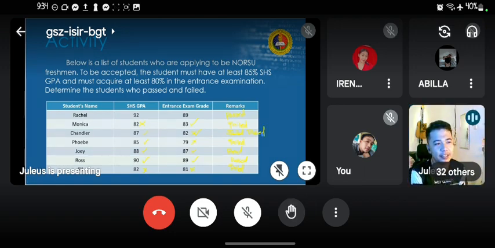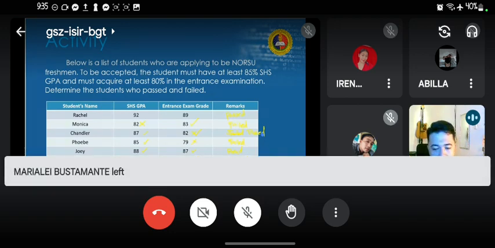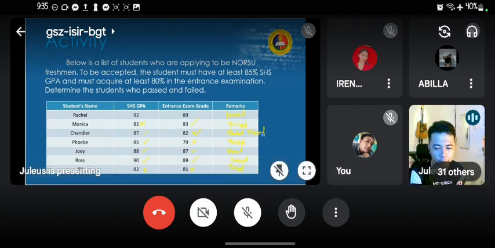All right. So you have to set a specific condition, and then depending on whether the condition is met or not, there will be a split of the flow of the process or the program. So it could be either true or false, yes or no, or in this case, pass or fail.